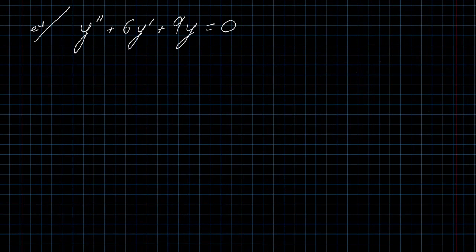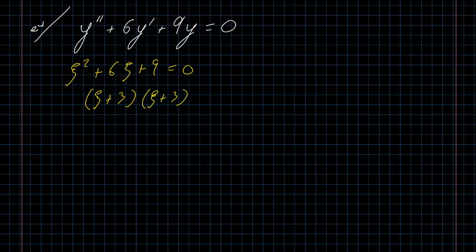All right, so here we have a second order linear homogeneous ordinary differential equation with constant coefficients. y double prime plus 6y prime plus 9y equals 0. We don't see anything particularly strange about this at first glance, so we try to solve it using the method of characteristics. We get c squared plus 6c plus 9 equals 0. And we try to factor. We look for things that multiply together to give us 9 and add together to give us 6, like 3 and 3. So this factors into c plus 3 times c plus 3 equals 0,